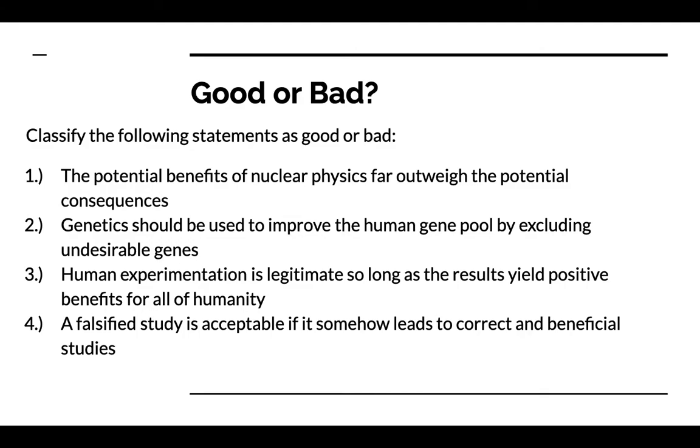On the potential benefit side, research into nuclear physics and nuclear chemistry, aka the makeup of the atom and the atomic nucleus, has yielded many positive benefits for humanity. Specifically, we have developed technology over years that has allowed us to produce nuclear energy, which has become increasingly safe and increasingly reliable, which is a good thing because nuclear energy does not give off carbon monoxide or carbon dioxide and pollutants into the air as coal burning plants do in traditional means of energy production.